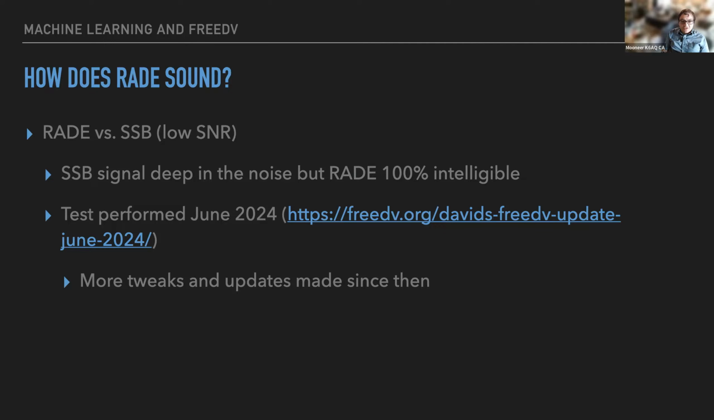So as you were probably able to hear, there was a lot of hiss and background noise on the sideband signal. You could still understand it because humans are actually pretty good at filtering that out. But I personally wouldn't want to listen to that for an entire contest weekend, for example. And RAID, as you were able to hear as well, had no background hiss and it was basically Q5 solid copy. This sample was recorded back in June 2024 based on some semi-automated testing that we were